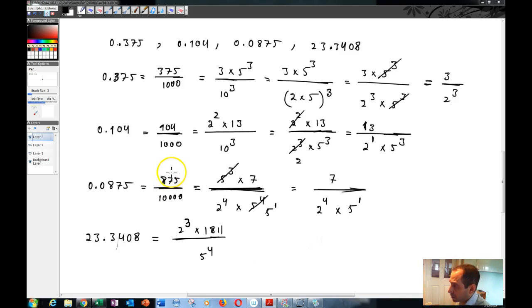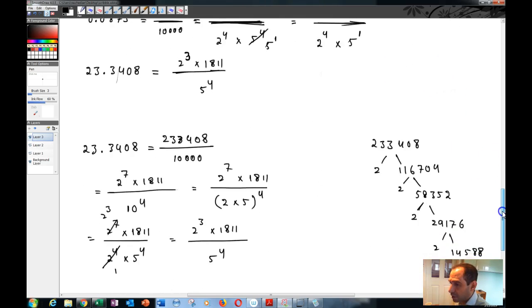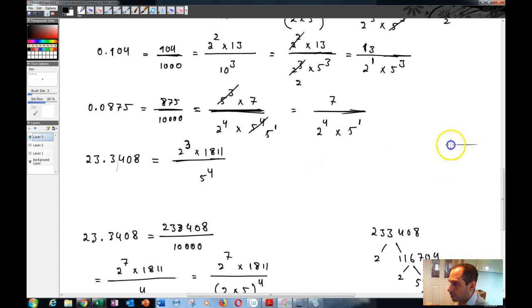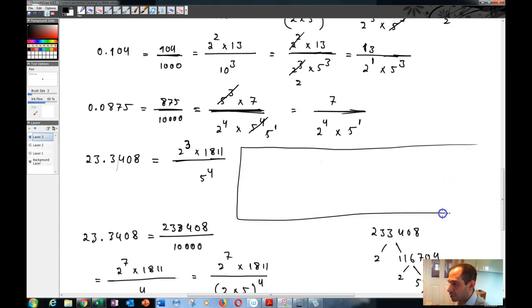So cancelling out the common factors between the numerator and the denominator, as we did over here, we find that this real number is a rational number of the form p by q, as we have done over here,